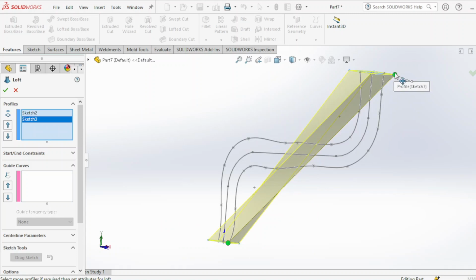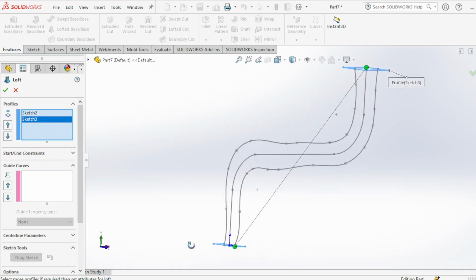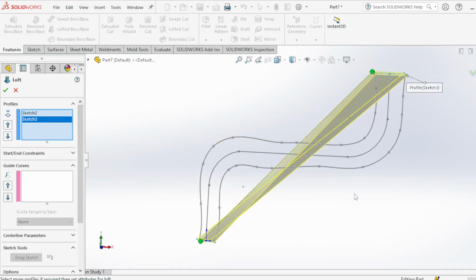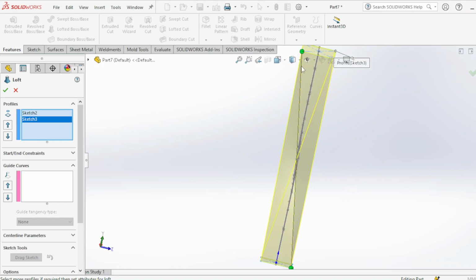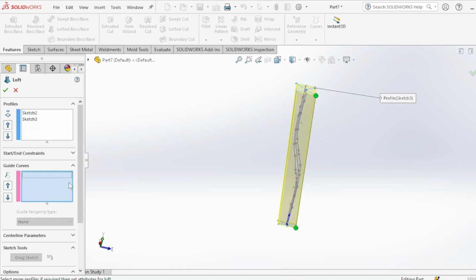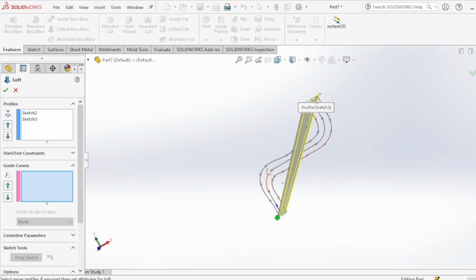If not, then align it. So now it is aligned, and go to guide curves, then select the upper curve over here